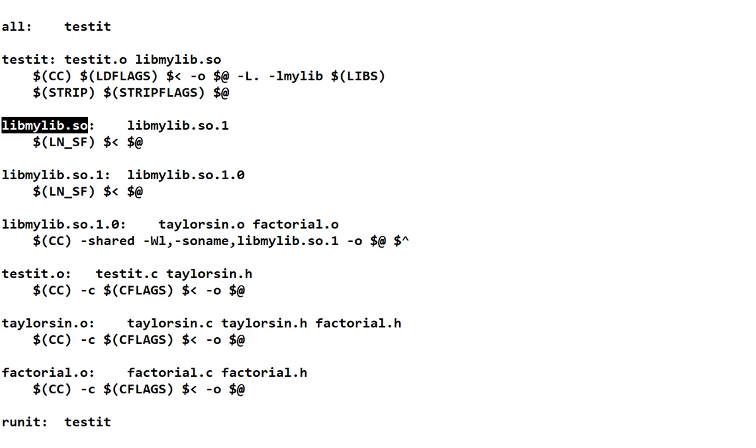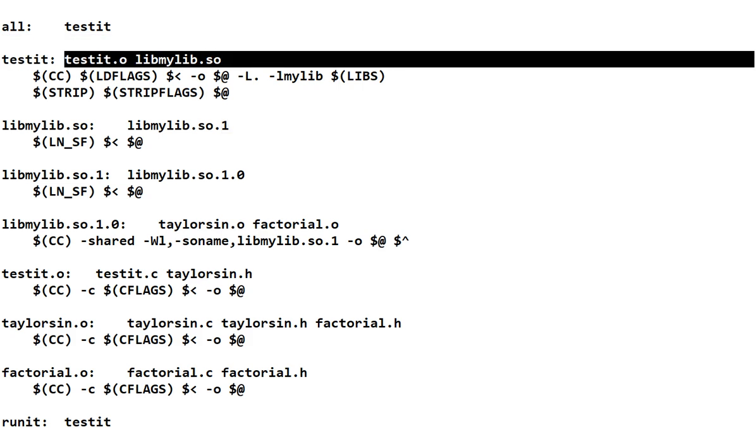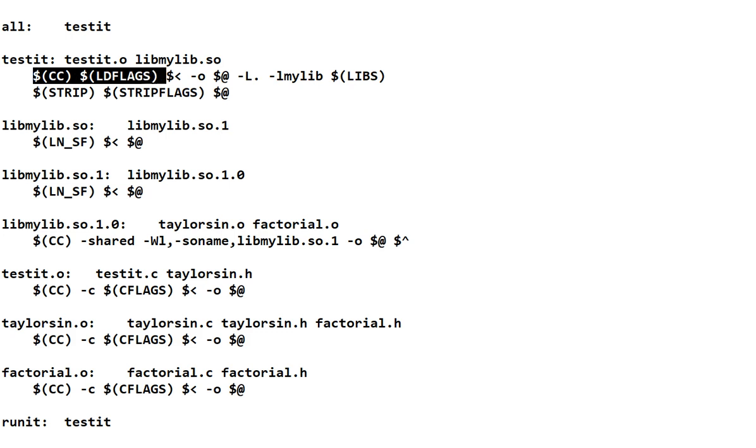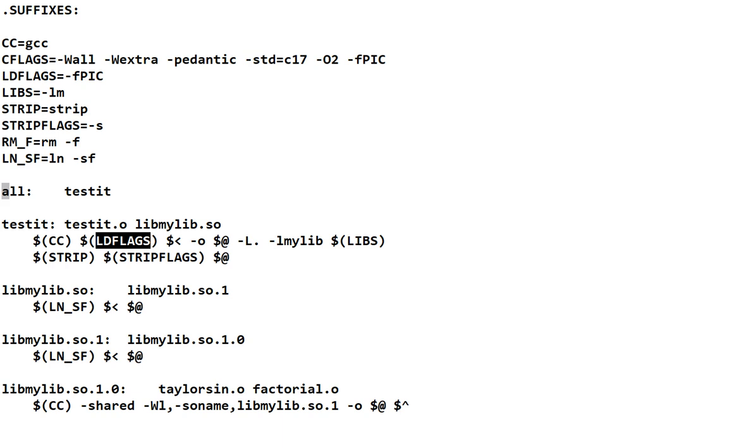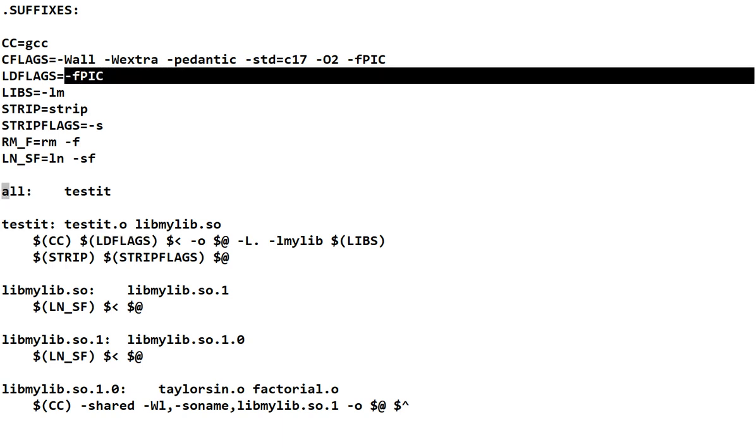Then once all that's there, I have this symlink, which is a dependency here, and I've got the test it here. Once I have those two things, then I can actually do that compile of my application. I need the link flags, which must include fpic, and you see they do. And then